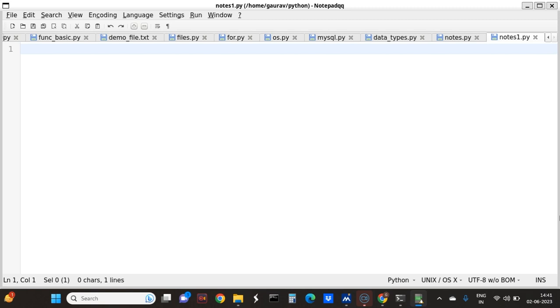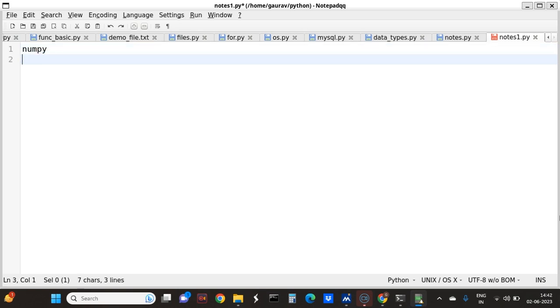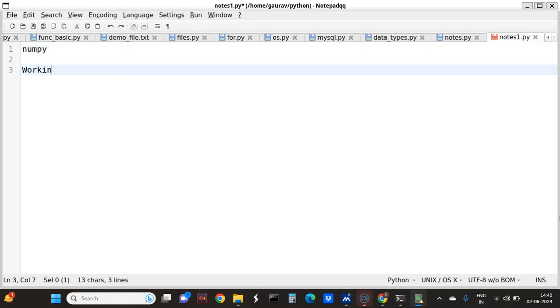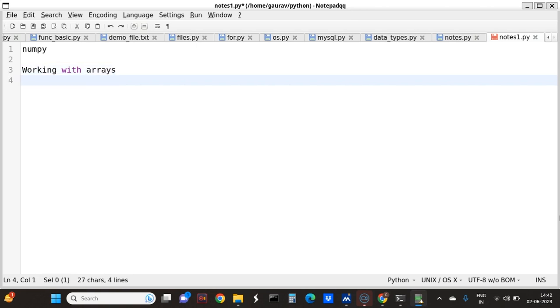I will just note down the points. NumPy, working with arrays. It has functions for working in the domain of linear algebra,